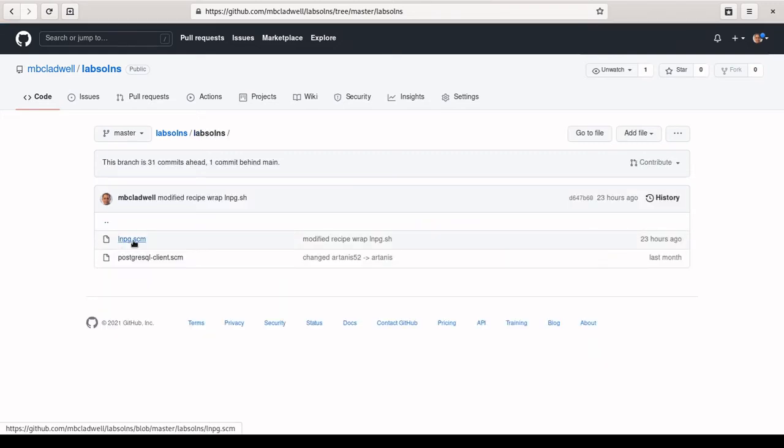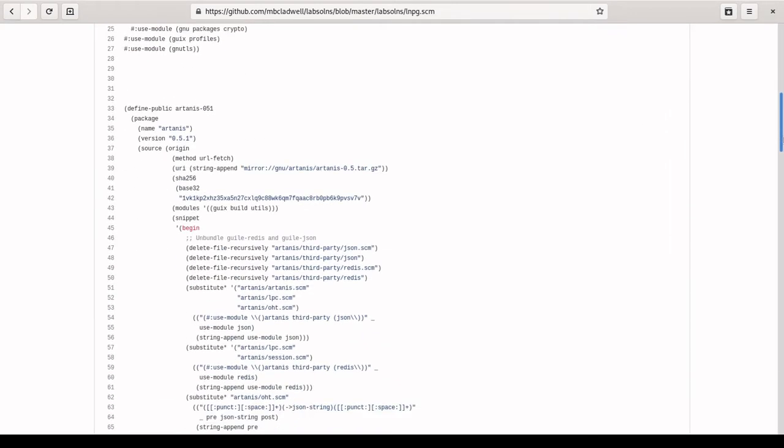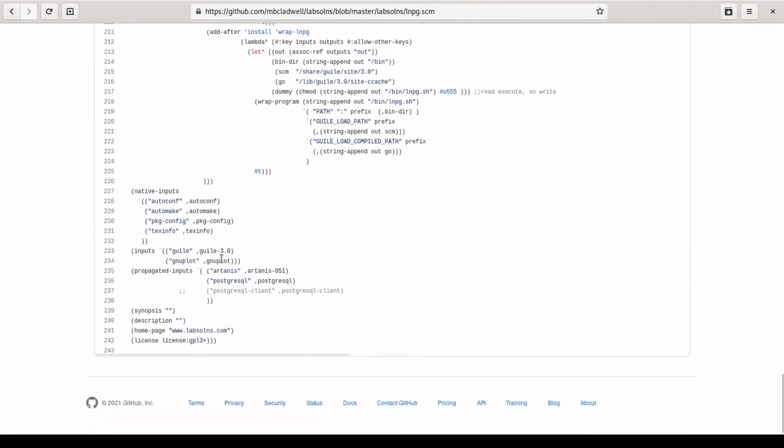If we look at the LNPG, it provides the module Lab Solutions LNPG. So LNPG is at the end, and you can see that it has a dependency, Artanis